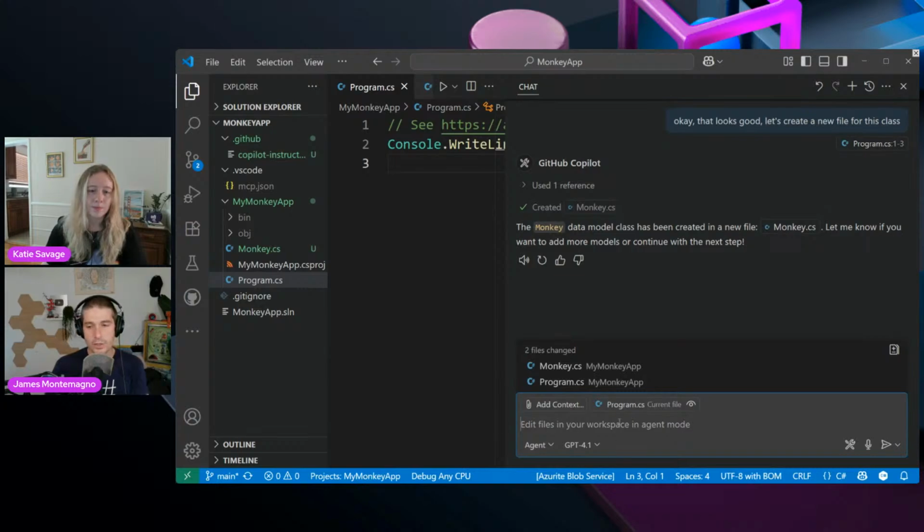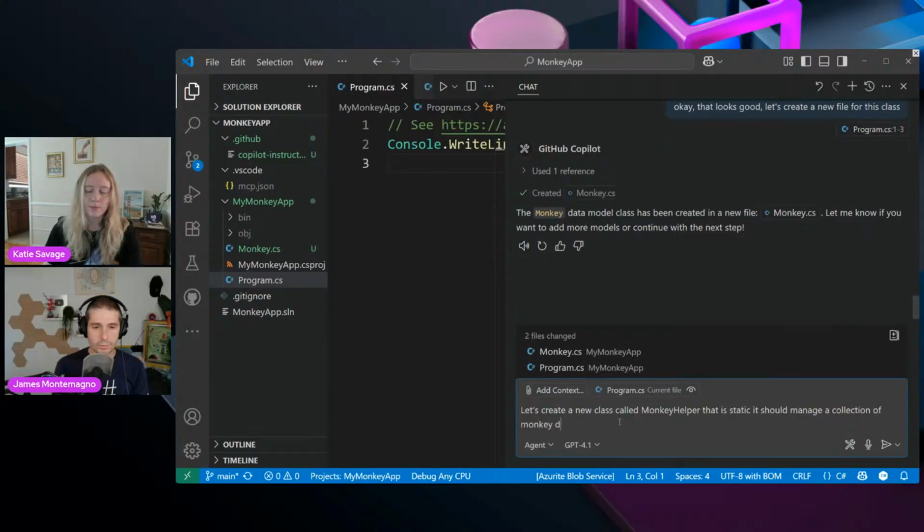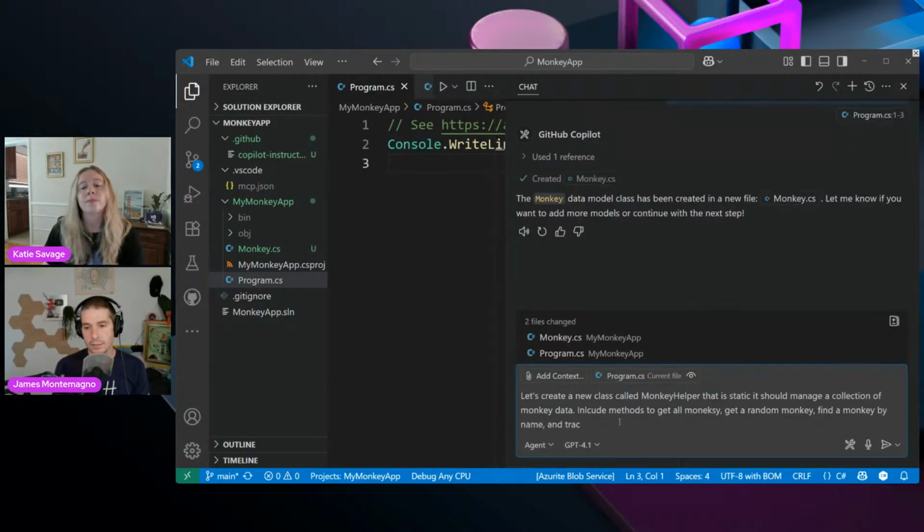So I think what I needed to do is, before we create the class, I'll say, let's create a new class called MonkeyHelper that is static. It should manage a collection of monkey data. Include methods to get all monkeys, get a random monkey, find a monkey by name, and track access count when a random monkey is picked.